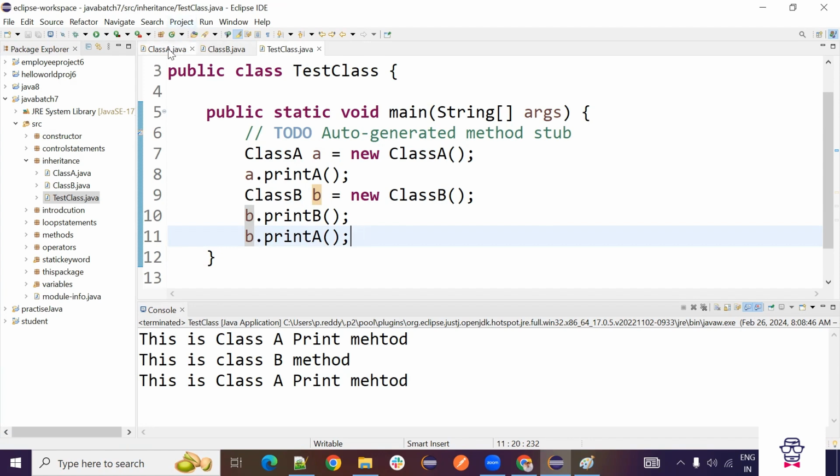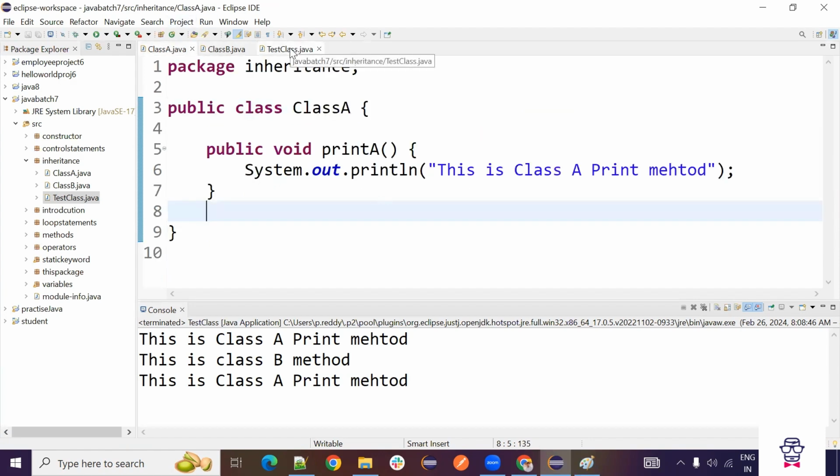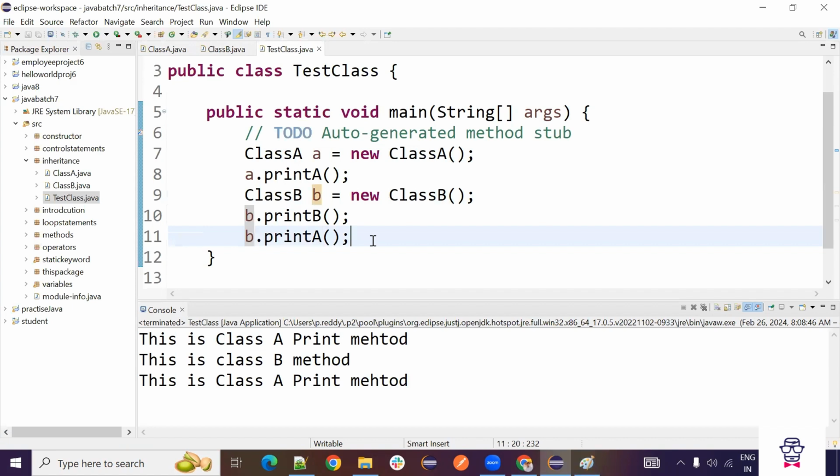Let's say a real-time example: you have a scenario where there are 100 classes that have to write the same method. Account creation is there. The main bank is RBI. Under RBI, we have so many banks, SBI, ICICI, all these things. For every bank, you have to create the account.